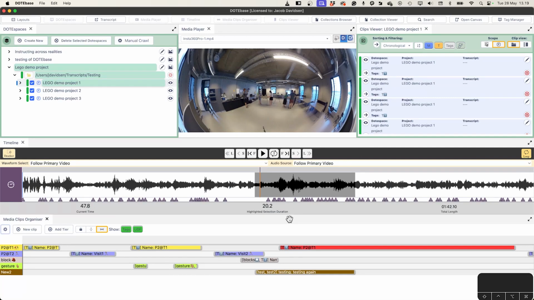So really, it's a powerful way of working with the audiovisual data in DOTEbase. And we hope that this tutorial will show you the basics of working with the media clip organizer, how you can create media clips, adjust them, add information about the clip, tags, user-defined fields, notes, and so on. And then later on, you can use all these different media clips as a way of getting to know and